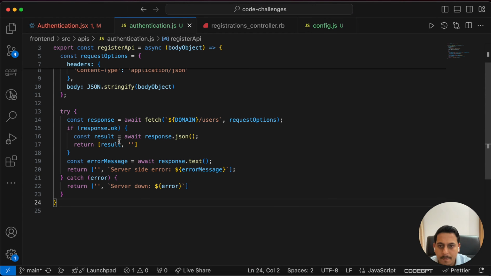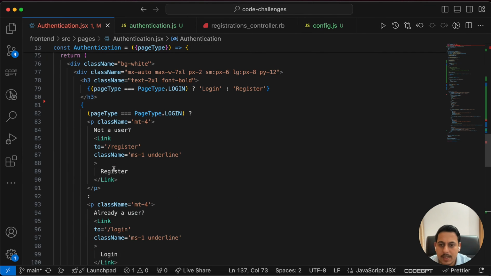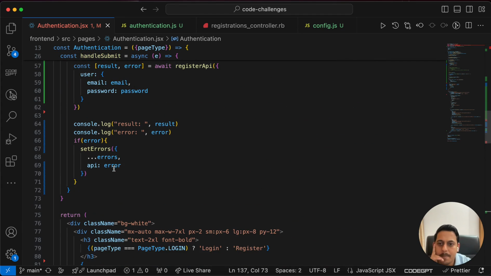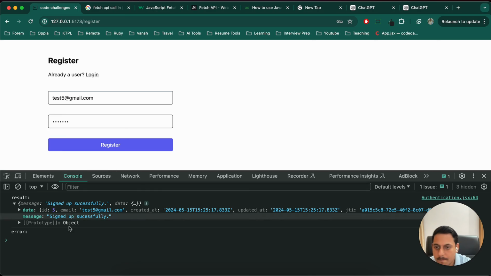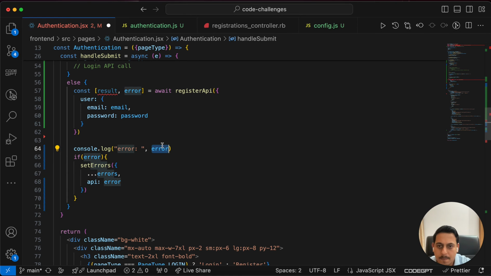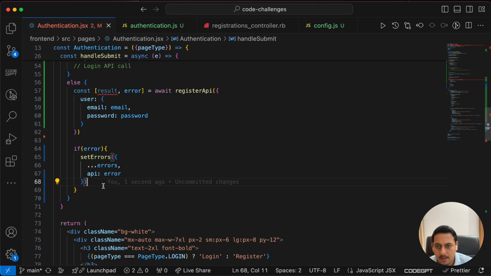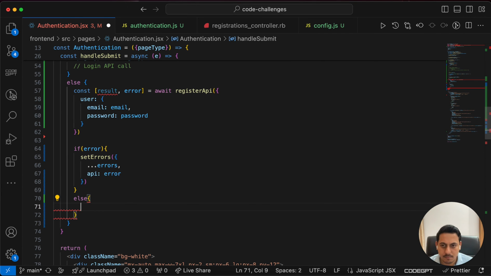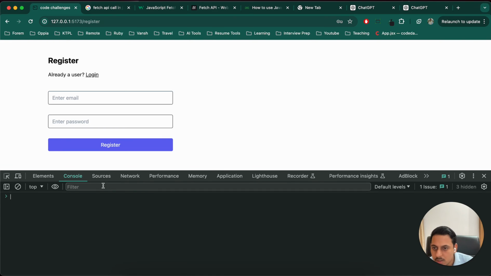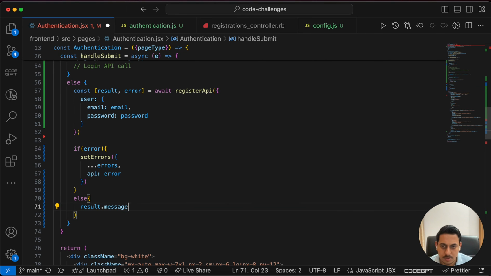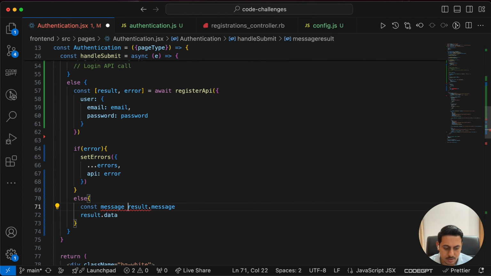We have data, right? Result, we got the result as this, and inside that we have data as well as message. So we'll have to go to authentication, and in that else, result.message, result.data. const message equals this, const user equals this,